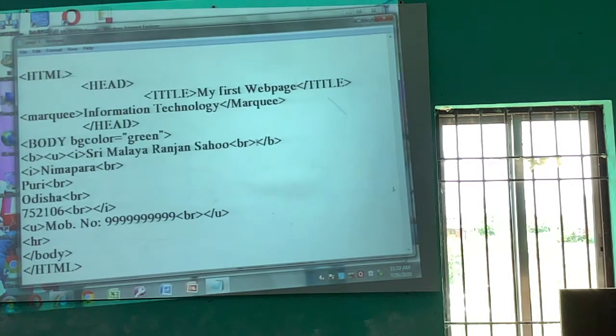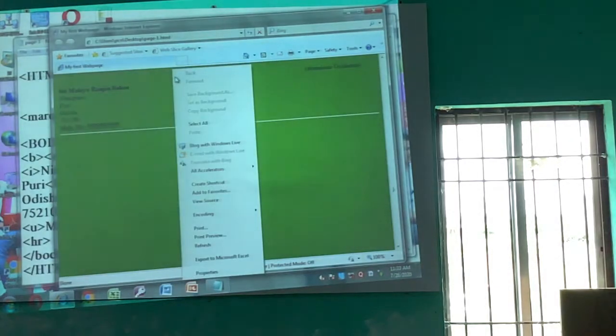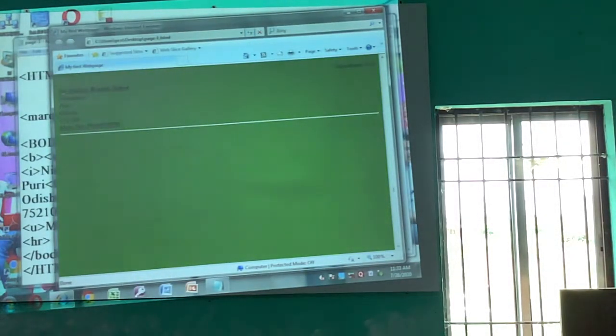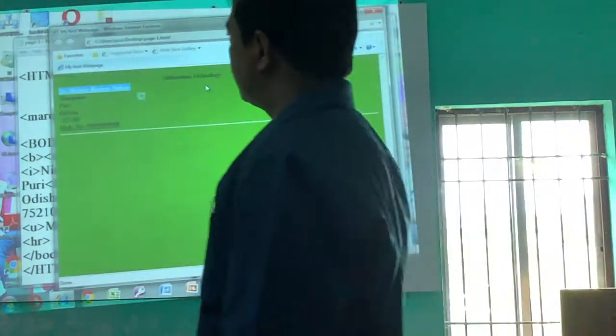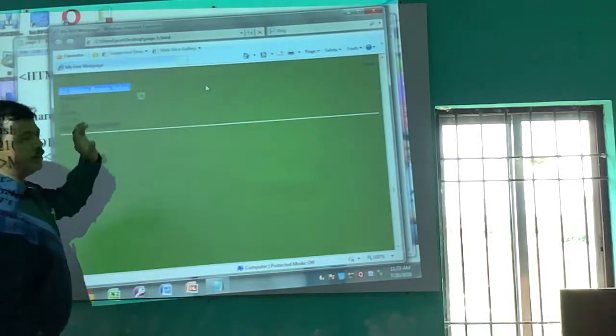Here, first, better close the innermost tag, that is the italic tag, I tag, then close the underlining tag, U tag, then close the B tag. Okay, save it. Then move to the browser window and refresh it. See, so three effects are displaying in your name: bold, italic and underline.